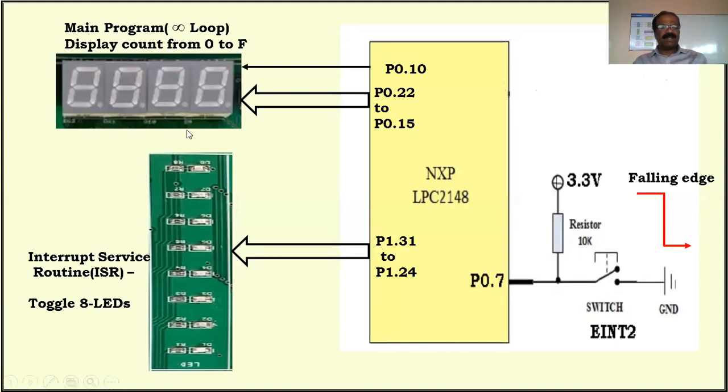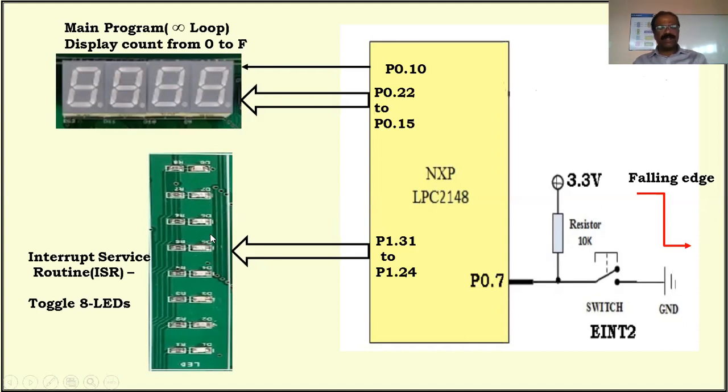In this example, I consider two tasks. The one is displaying a count from 0 to F. We can call it the main task. There will be one more task called the subtask. In a given program, it is not possible to execute both simultaneously. Either we can perform this task or this task. It is not possible to perform both together, in parallel. But with the help of the interrupt system, we can achieve this. But here also it's not possible to run simultaneously.